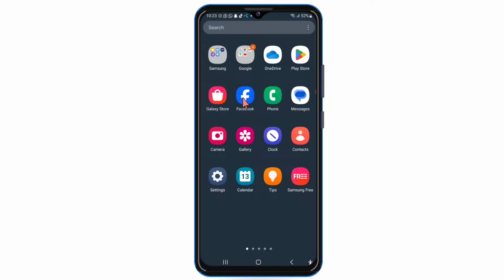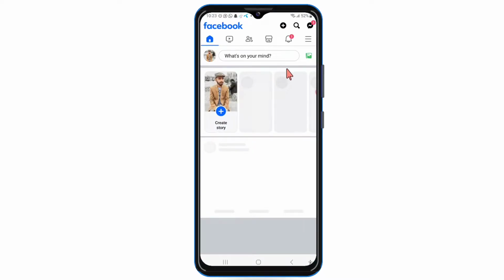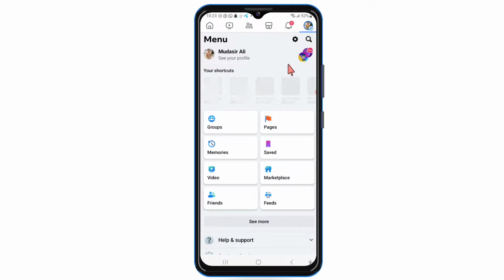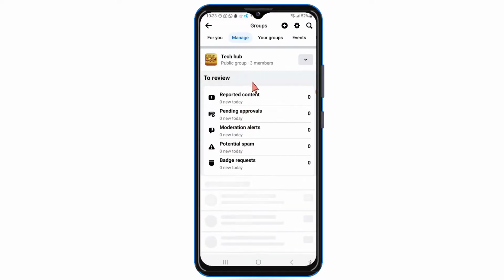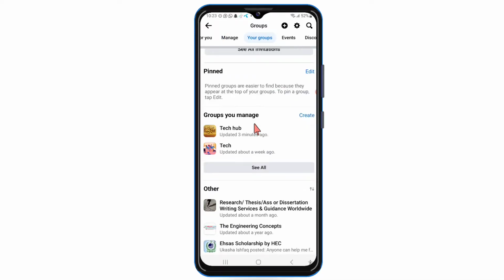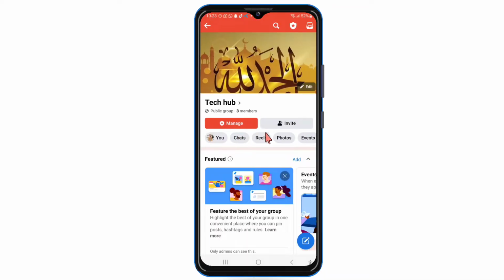First of all, open your Facebook application and then click on three lines on top right corner. After that, click on groups, and then in the top menu click on your groups and scroll down, and here you will see all your groups. Now select the group in which you want to create a brand new event. For example, I want to create an event in the first group, so click on it,